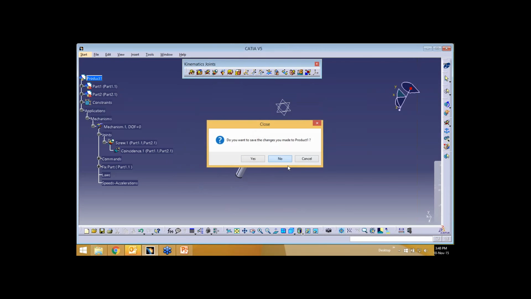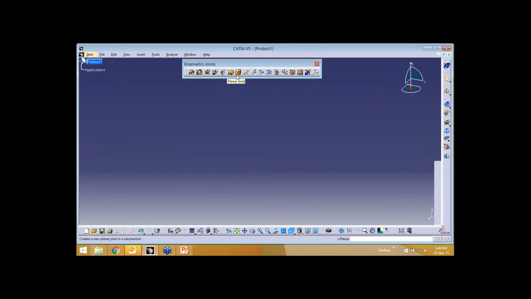When you created the first four, you might have seen the mechanism moving the parts, but when you apply these, you may not actually see the mechanism moving, but it is a simple joint which we are going to apply.